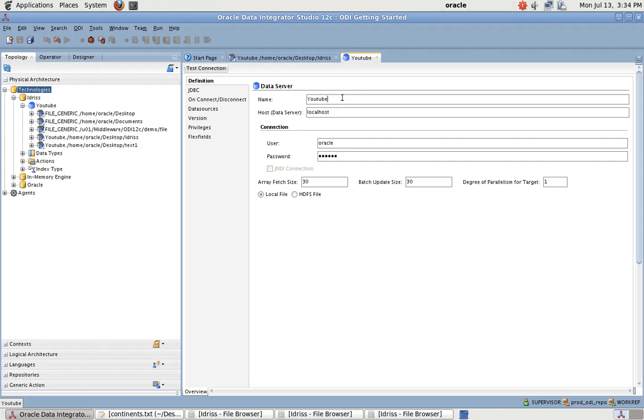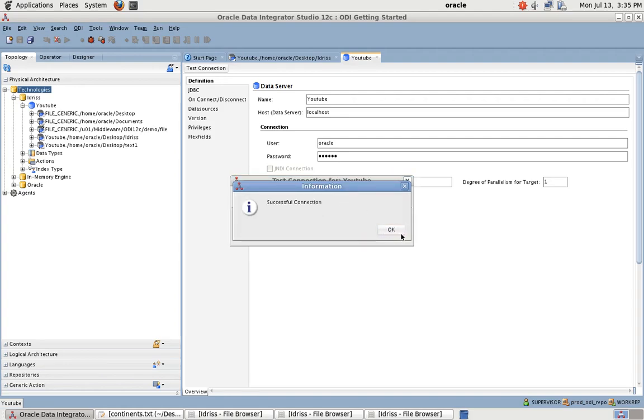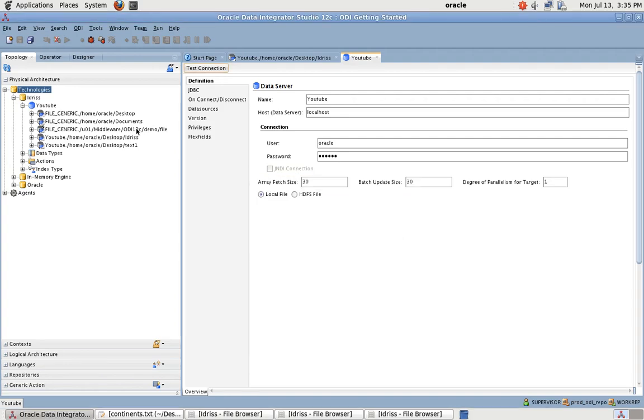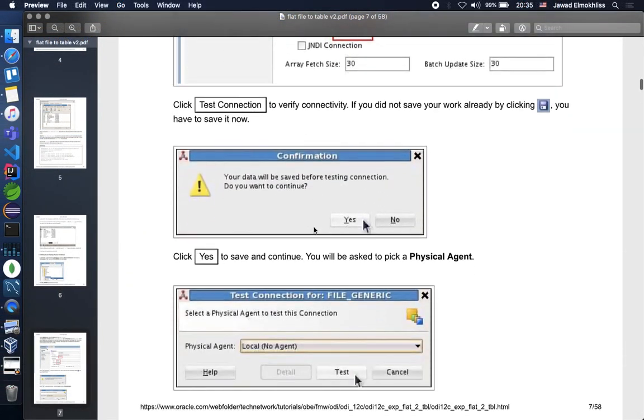You have to make sure the connection works. In my example, it's a localhost because you're using the same machine. The user is Oracle and the password is also Oracle. You can just test the connection. You have to do this before, but this connection is successful, so it's fine. So I created the physical schema now. Once the physical schema is created,